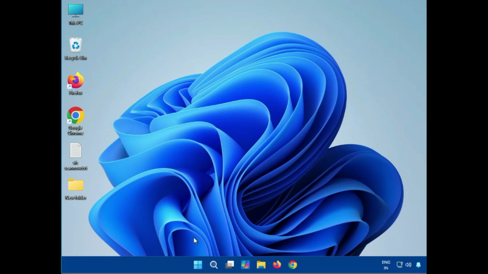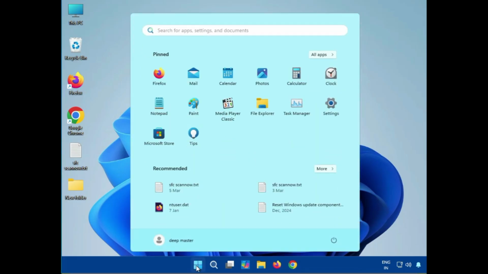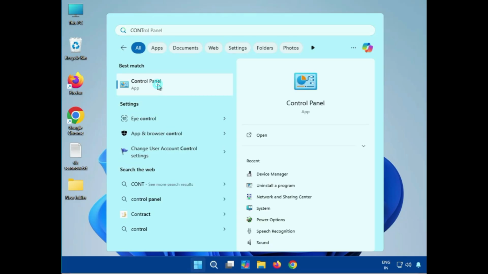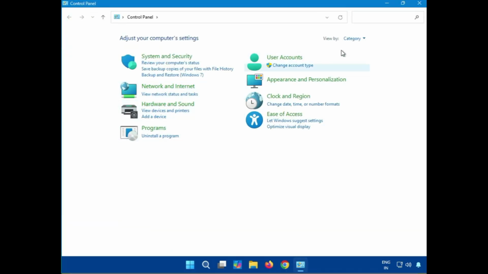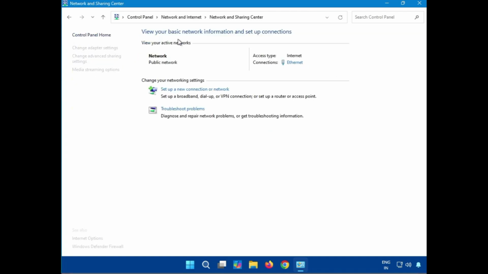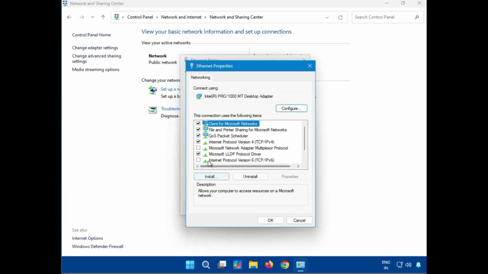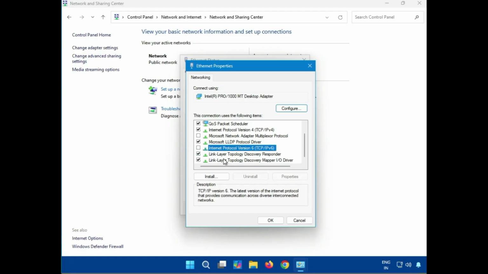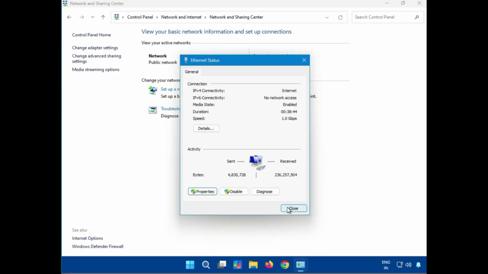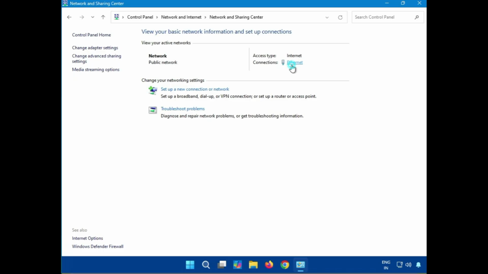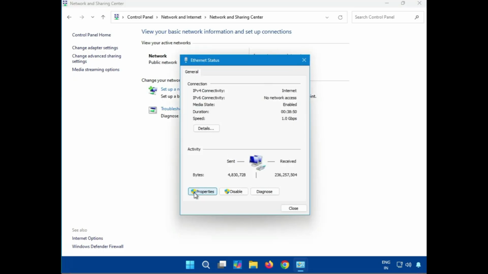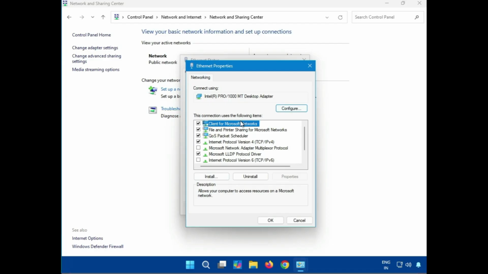Next guys, disable IP version 6. So click start, go to control panel, view by category, go to network and sharing center, click Ethernet, properties. If this is checked, uncheck it and then OK. Okay, close it. Then again click Ethernet, click properties, then select this and click configure,